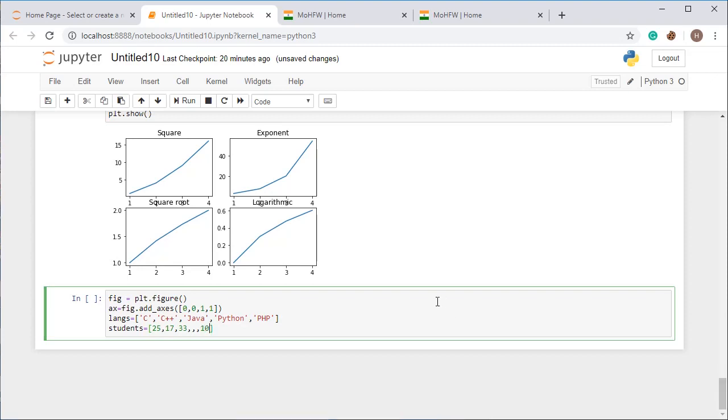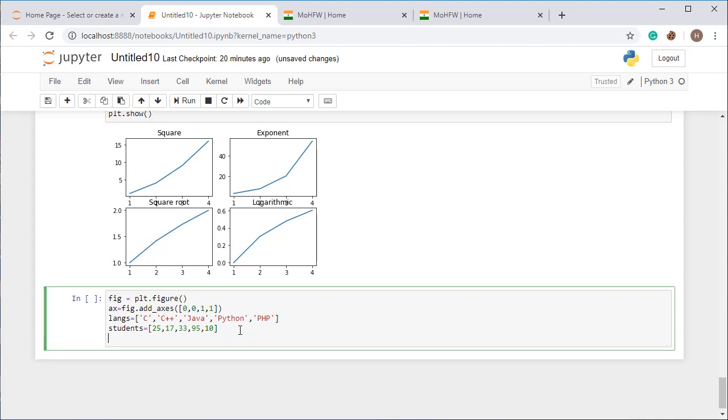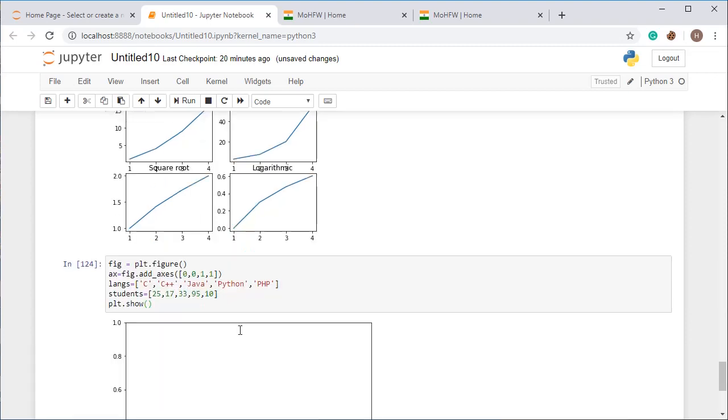PHP is not liked by so many students, so I'm setting it to 10 only, and the remaining all like Python. So the values will be 25, 17, 33, 10, and 95 students like Python. I'm making the value for Python greater because I like Python. It's your choice, you can set any value. There is no restriction or anything like that, so you can plot the graph for yourself.